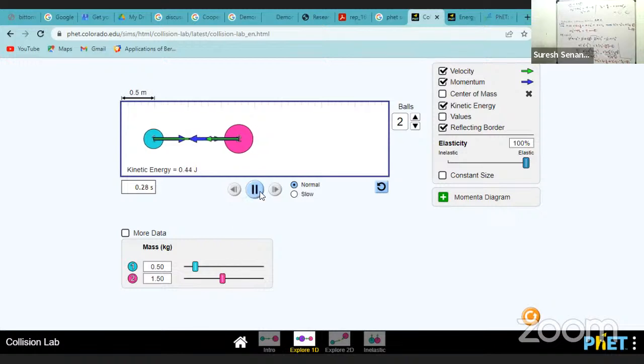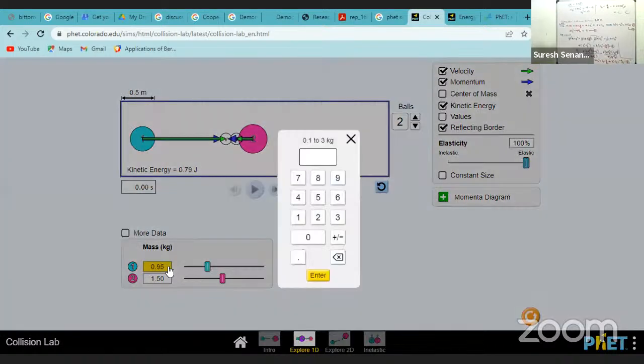And first I will play the simulation. Okay, this collides and then this moves to this side and this collides and then comes back, and then again it collides with this. So like that, these collisions do not stop, right? You can see here, right? Let's see what happens when the masses are equal. So I will stop first, right? So if we consider that, both masses I'm considering as 1 kilogram.